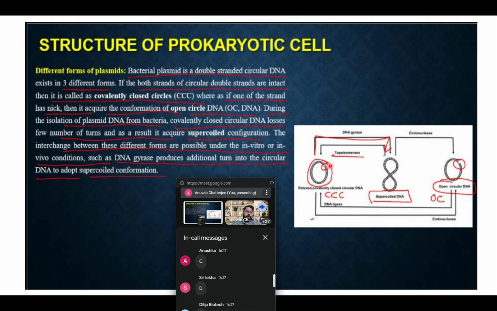So a circular plasmid undergoes normal reconstruction to form a supercoiled DNA, which is much more stable, and it stays supercoiled normally in the cell. So one type of plasmid that you can see in the cell is called a covalently closed circular plasmid, which is CCC, or essentially a circular plasmid, or a supercoiled plasmid which just coils amongst itself and forms a very densely packed plasmid structure. Or you can have an open circular DNA, or a nicked plasmid, where by some event or the other,